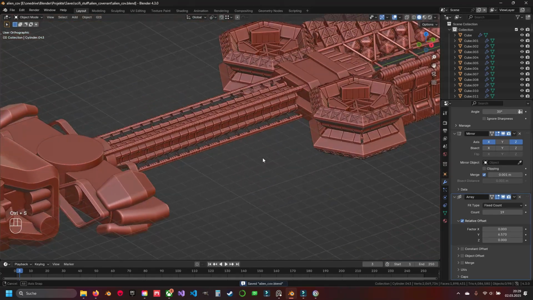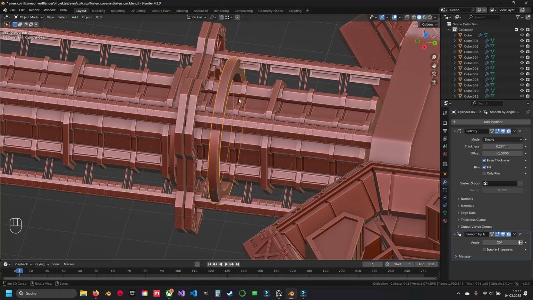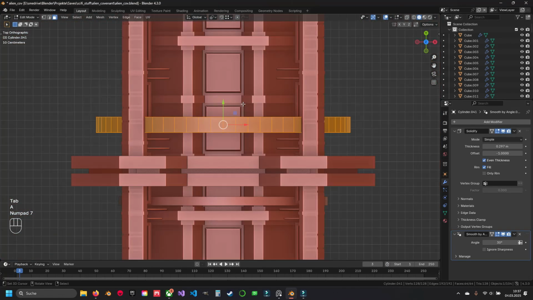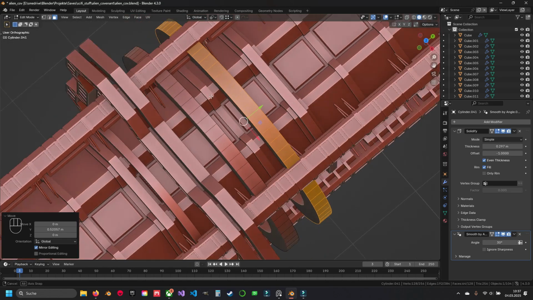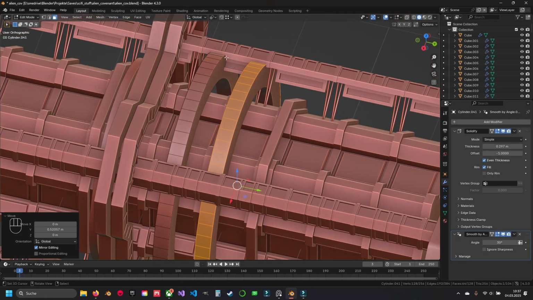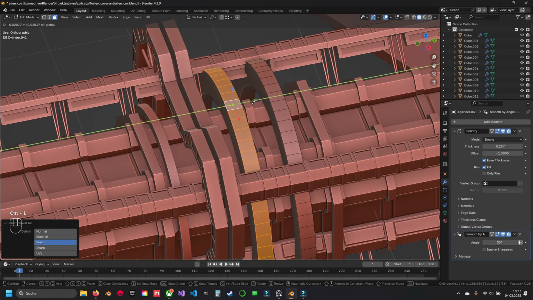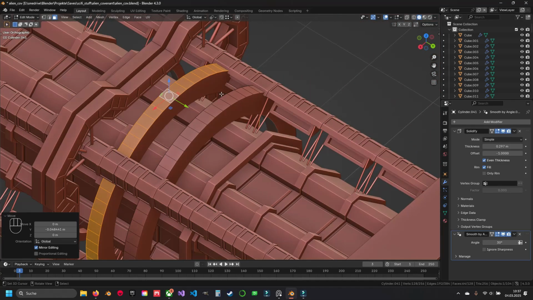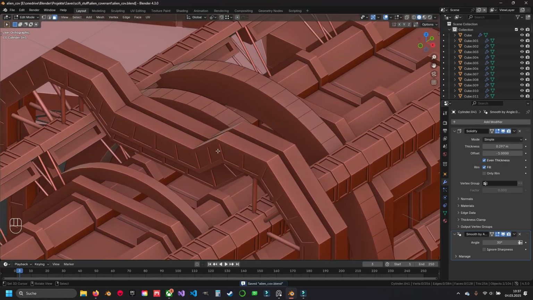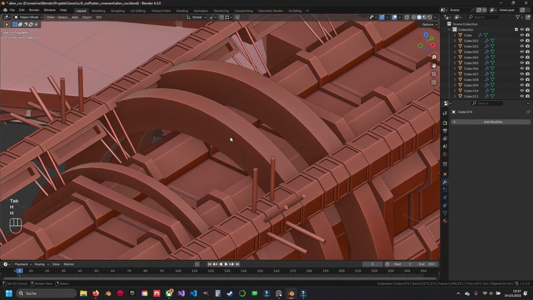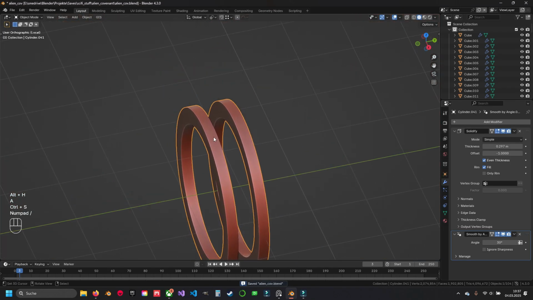And then we are working on the next detail. I want to add a little bit more detail on this ring here. To do that, we're simply going to duplicate that, so we have two of them. I decided that because I just want to mask this area a little bit, so it's not obvious that it's just intersecting with the object. So we're closing this whole area here. To begin with, I'm going to hide this here, or maybe we are going to isolate the view, it's better. Alright,